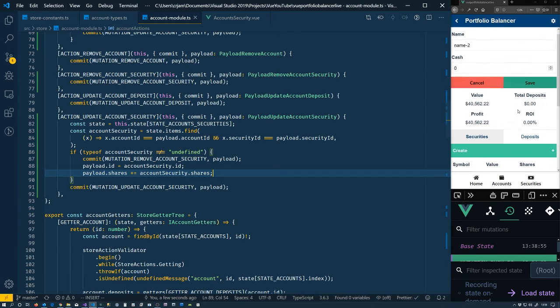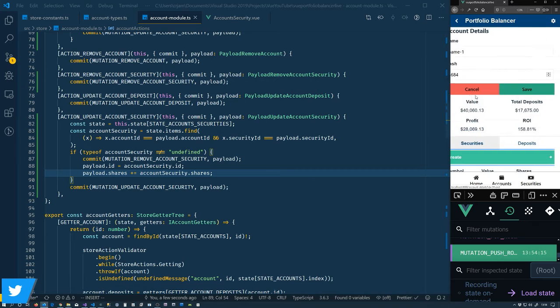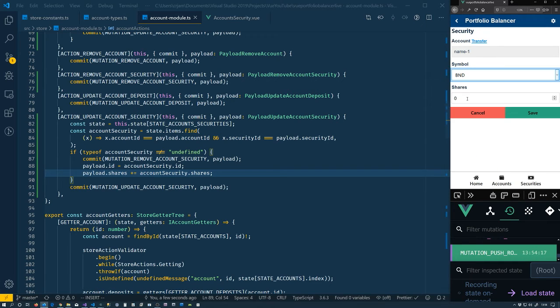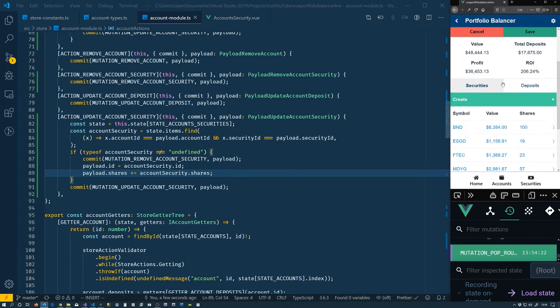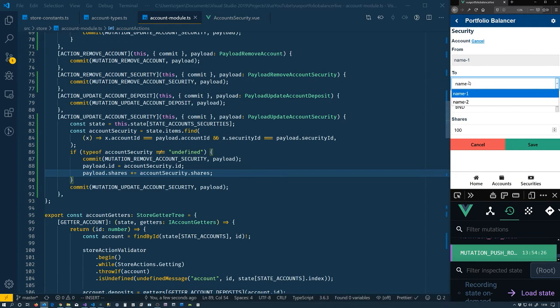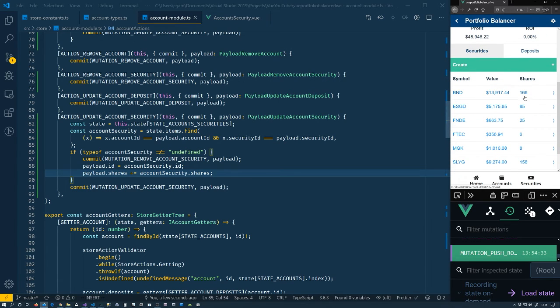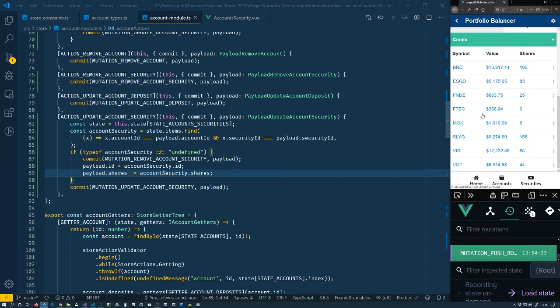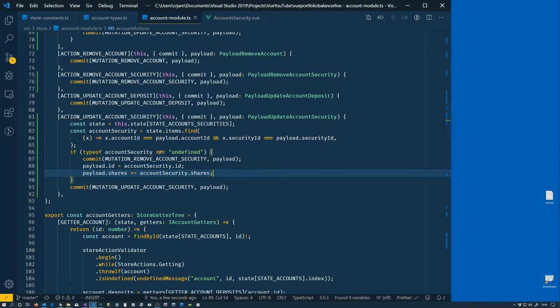So BND at 66, that's in account 2. Account 1 doesn't have a BND, so let's make it 100. So now we have 100 shares in account 1. Let's take that and transfer it to account 2. Take a look at account 2, and now we have 166 shares. So it looks like everything's transferring correctly, and we see in the